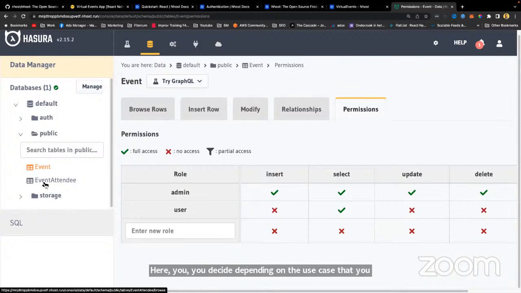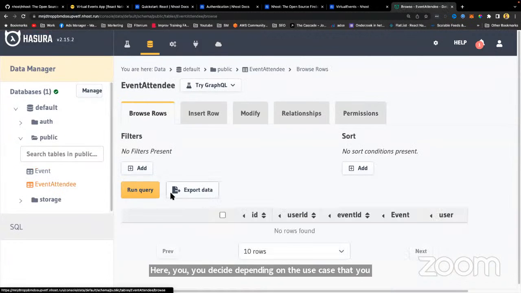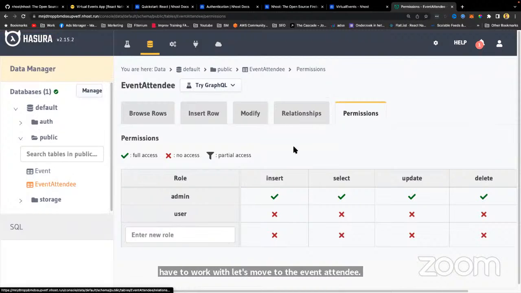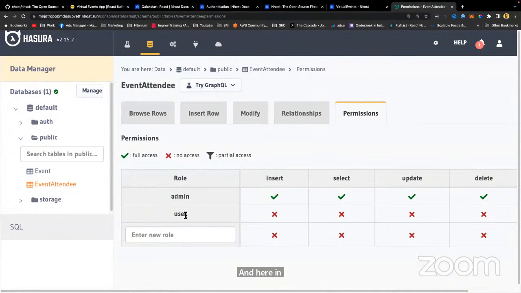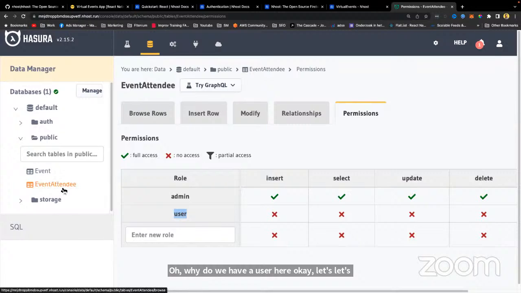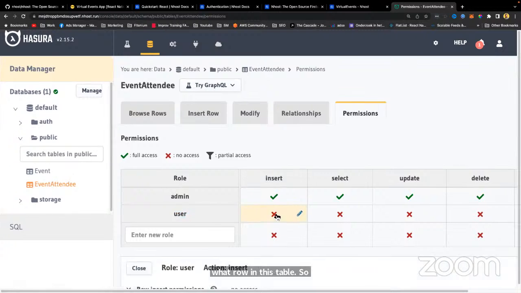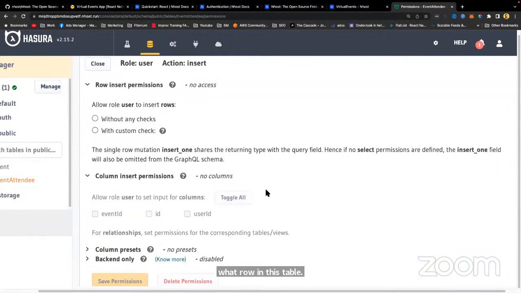Let's move to the event attendee. And here in web permissions, we also have a user. Why do we have a user here? Let's think what the user should be allowed to do with the event attendee data. Whenever a user presses the button join event, we will need to insert one row in this table. So for that reason, we're going to have to insert,